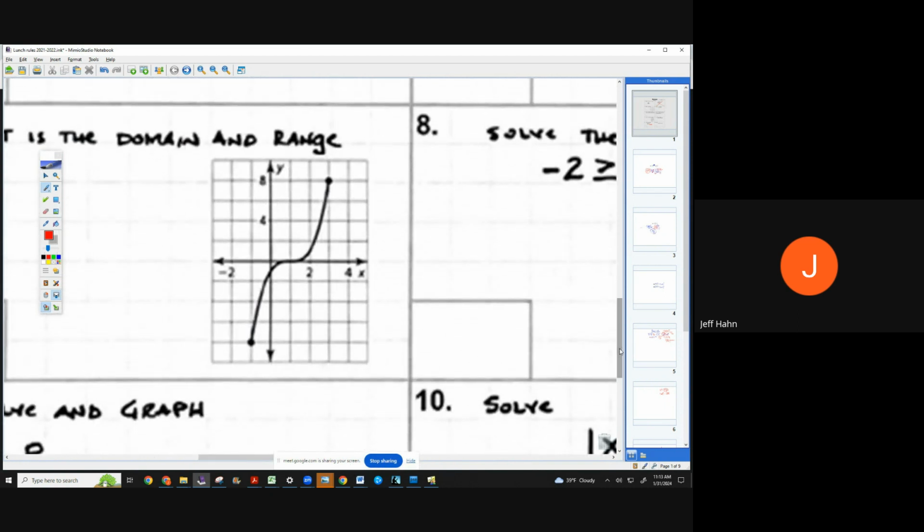This one asks you for the domain and the range. Remember, domain is the x values. It starts from here and goes to there on the x-axis. The range is the y values, from the bottom of the y to the top of the y. So that's where it's going to be, x has to be less than or greater than or equal to